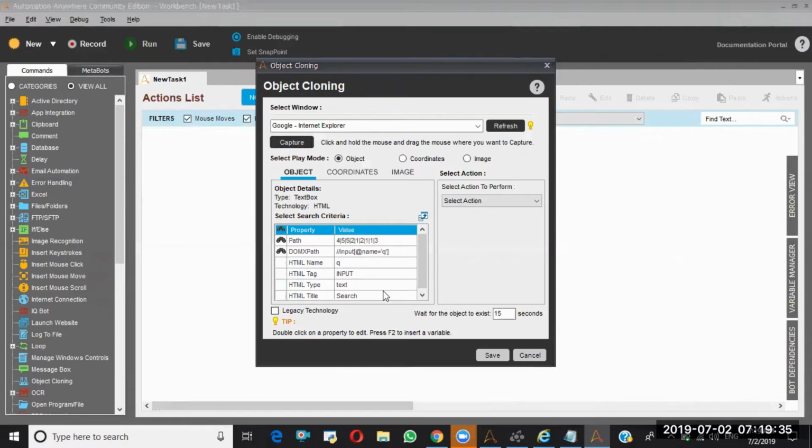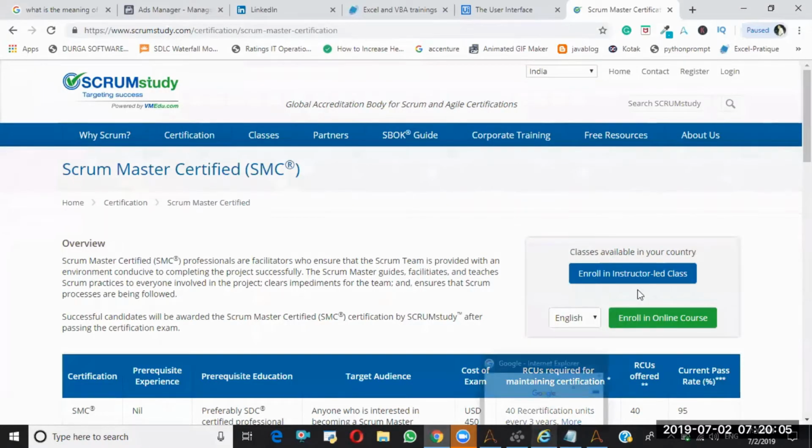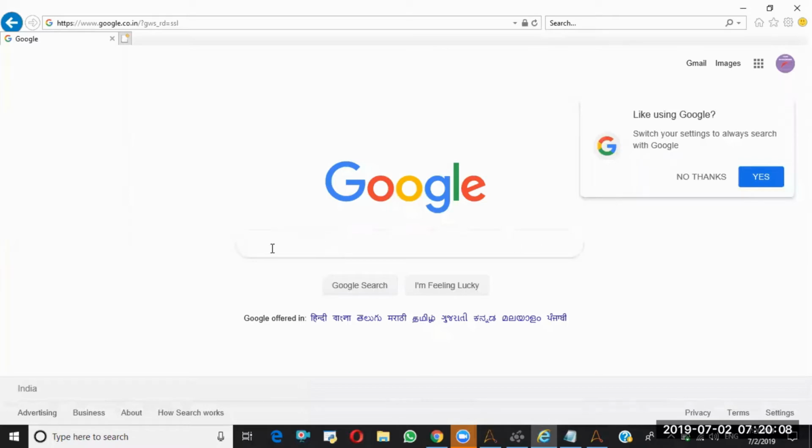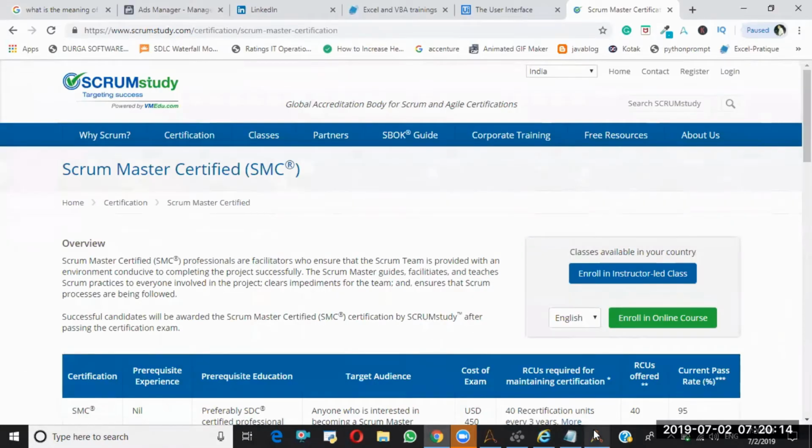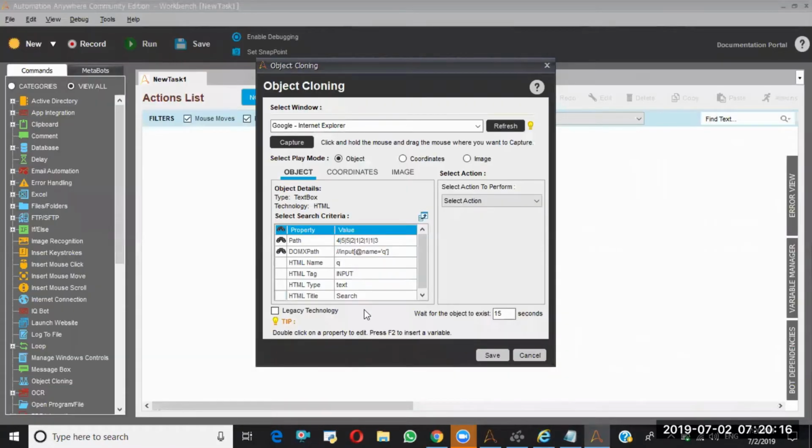If these are getting changed frequently, whatever the time interval, say every new session, that means whenever you refresh the page the properties may change, or every 1 hour or every 1 day the properties may change. And sometimes when you get updates to that particular application, Google also will release updates, so there is a high chance of these values changing. So depending on the application behavior, you need to select 2 or 3 static properties which are not going to change.